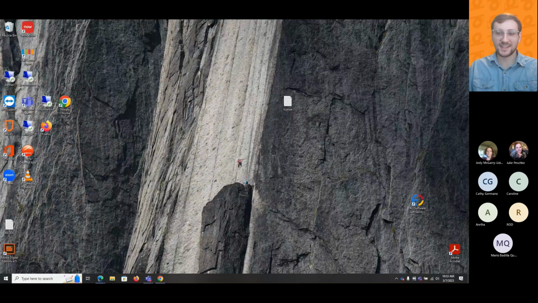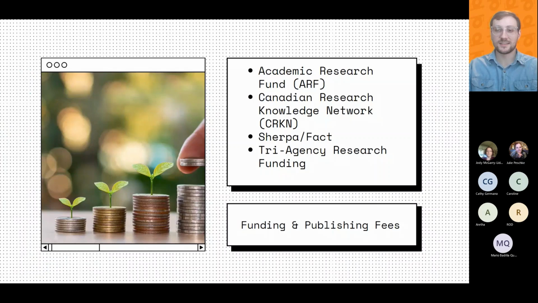It's called ARF, the Academic Research Fund. It helps defray the costs of publication in online open access peer-reviewed publications. The next option for you, if you're looking to reduce those costs, is the Canadian Research Knowledge Network, CRKN. I'll drop that link in the chat as well.